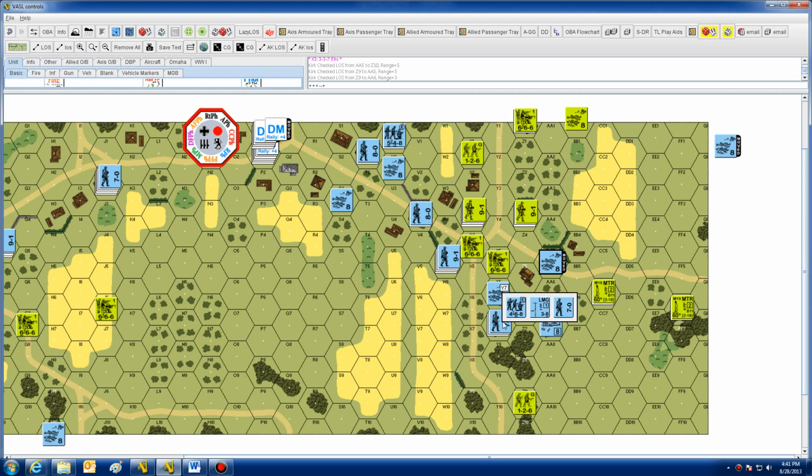Is Z7 going to be workable? Boom. Let's see. 1, 2, 3, 4. 1, 2, 3. Nope. All right. So the German player, if he's smart, will realize that if he brings this unit down here, spending his movement